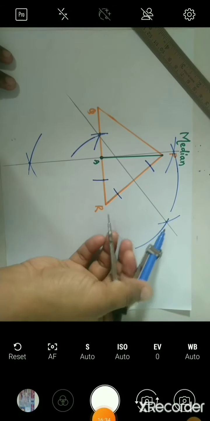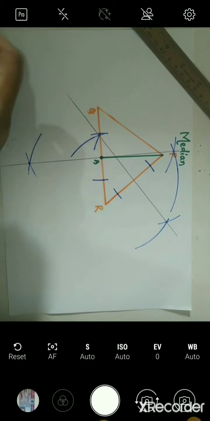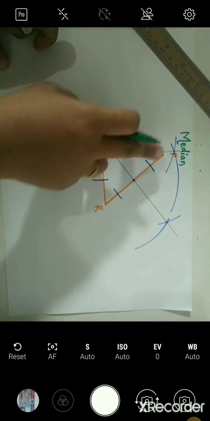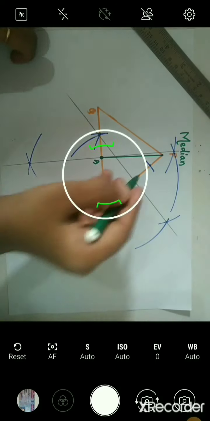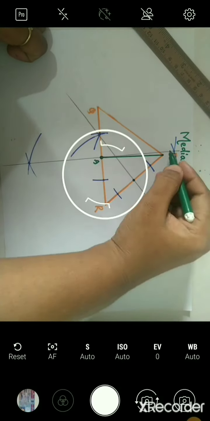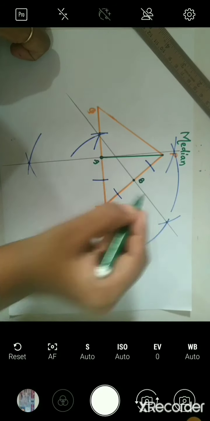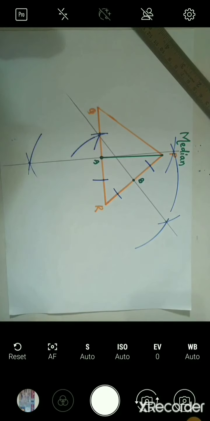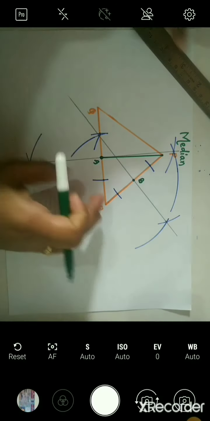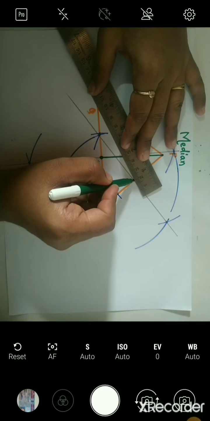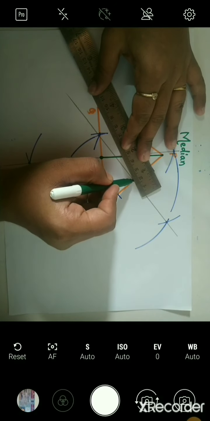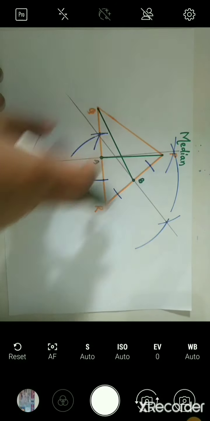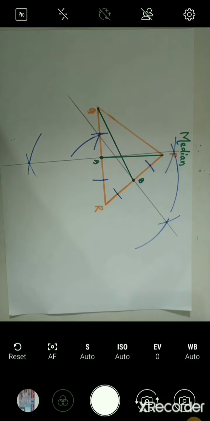So this segment is passing from this point. It is intersecting the segment PR at this point. So this would be the midpoint of segment PR. I'll give it a name B. Now if I join this midpoint from the opposite vertex, if I join B with Q, then I can say BQ is the median of PR. So here we have drawn 2 medians.